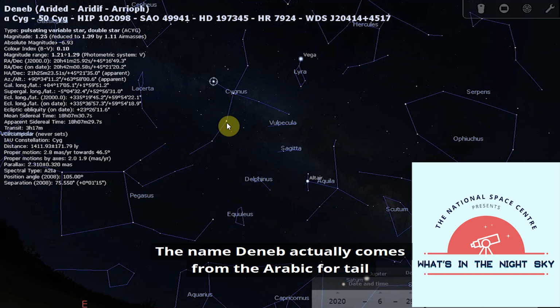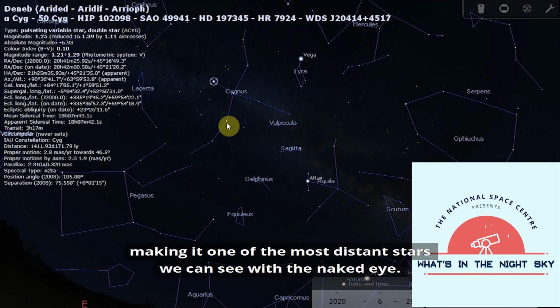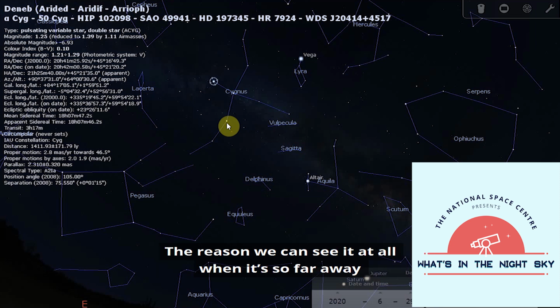And the name Deneb actually comes from the Arabic for tail, as it forms the tail of the swan. And Deneb, we know, is very bright and very distant. It's over 1,000 light years away from us, making it one of the most distant stars we can see with the naked eye. And the reason we can see it at all when it's so far away is because it's